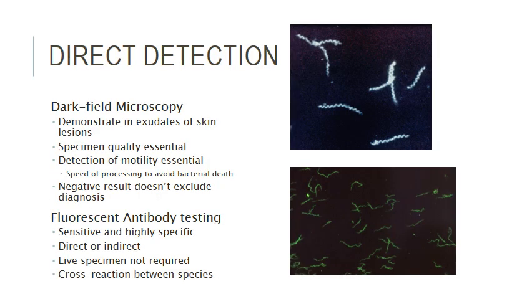Now, how do we find it? Like I said before, when we're talking about the first phase, direct detection is still a good method. Obviously, we can demonstrate the actual organism in any kind of exudate from the skin lesion. So you don't want the scab, okay? The canker has a hard, crusty surface. And this is objectionable because while the canker doesn't hurt, if I inject it and suck out the liquid, that would hurt. So we actually need the fluid beneath the canker, send that to the lab, and we can look directly at that fluid and see if we can see